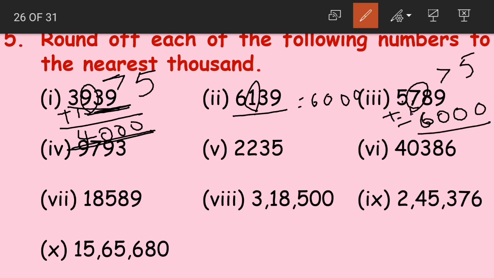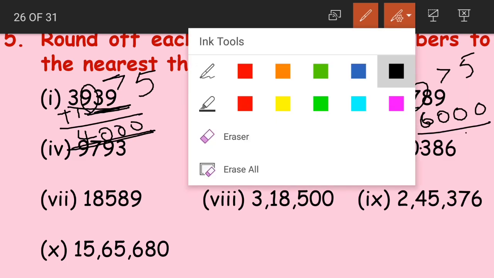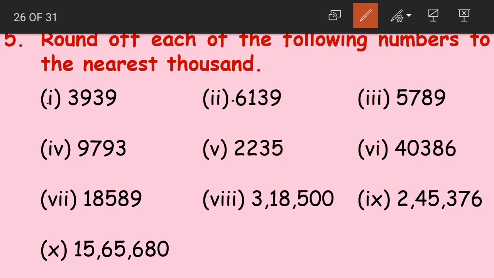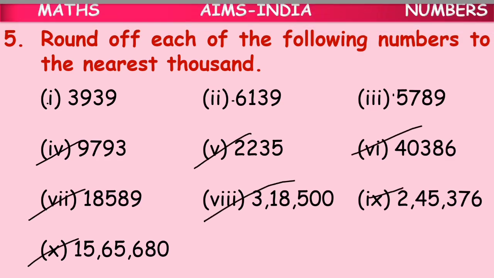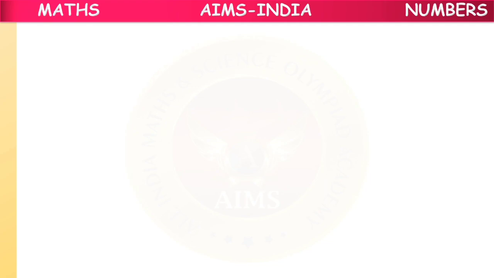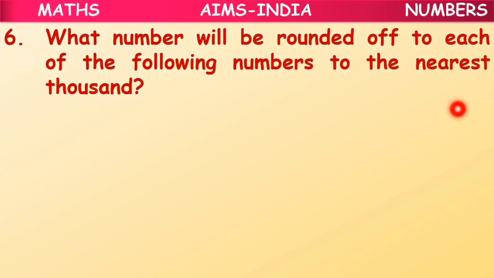Yes, 5 plus 1 becomes 6,000. Okay, students, I solved questions number 1, 2 and 3. Try solving 4, 5, 6, 7, 8, 9 and 10 for your homework. You can pause the video, take a screenshot, or simply pause it and write it down in your notes and solve the answers. I am expecting correct answers and we'll discuss the answers tomorrow.